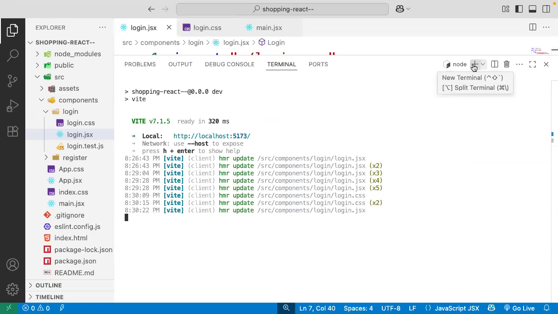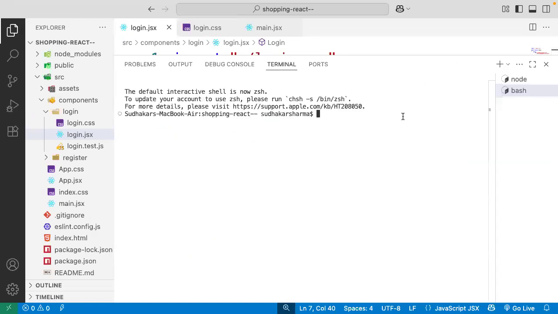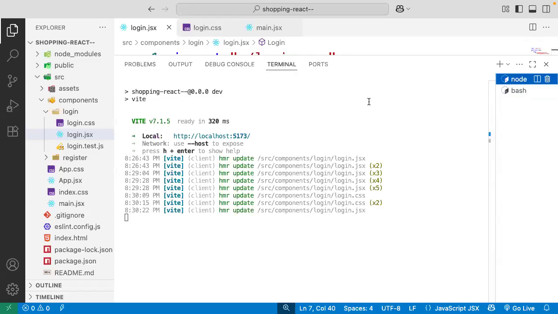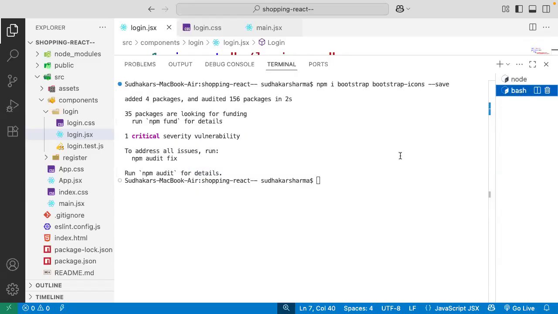Select another terminal. Click the plus, and a new terminal will come, so actually we are having two terminals here. In the new terminal, you run npm install, where i is the shortcut for install, bootstrap, bootstrap-icons and save. I am downloading and installing, and Bootstrap is ready. So in one terminal your project is running, and in another terminal you can run your commands. Okay, now